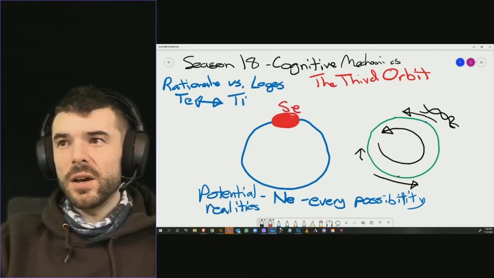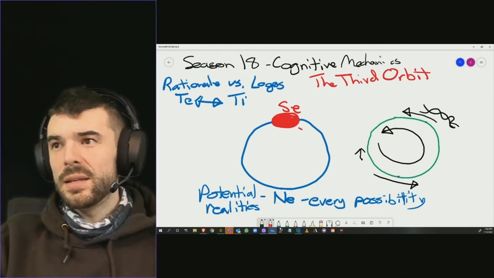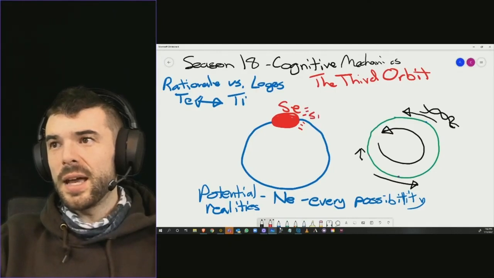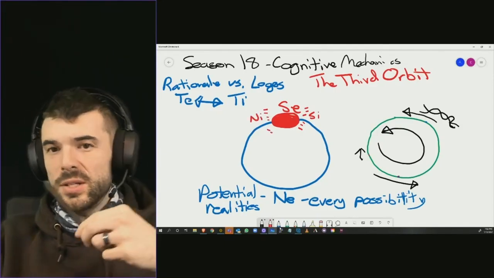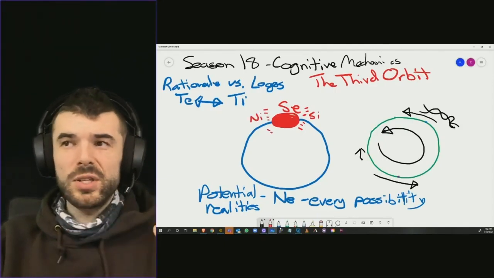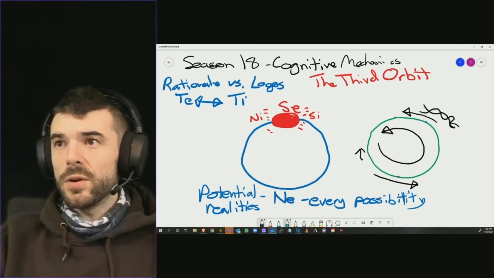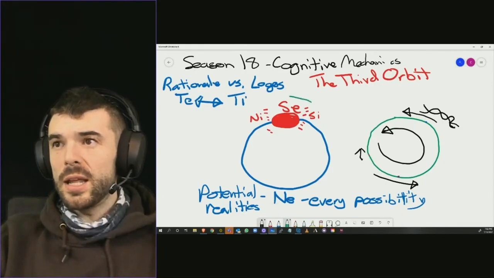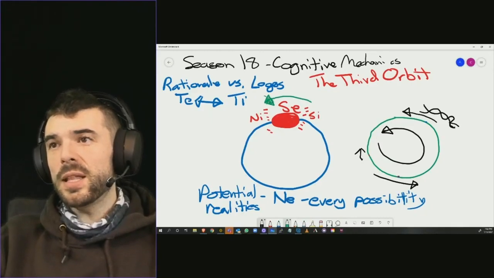This is SE over here. This is what's actually happening, and then that SE happens, and then where the genome has been, that is SI. And then where is it going? That's NI. Where has it been? Where is it going? You see what I'm saying? So as a result of that, we know that the universe is going in this direction. It's going counterclockwise on this model for some reason, but it's going in that direction.